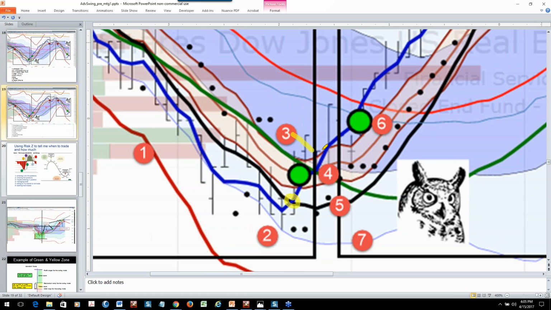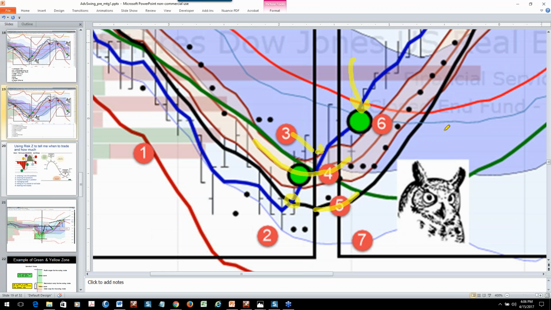Step 3, the RL10, the 10-period regression line, has crossed through this orange-looking dragon. Step 4, the dragon, which is this red dot, has rolled and started to roll up. And then the 30-period regression line has started to roll up, and that puts an owl entry right here at